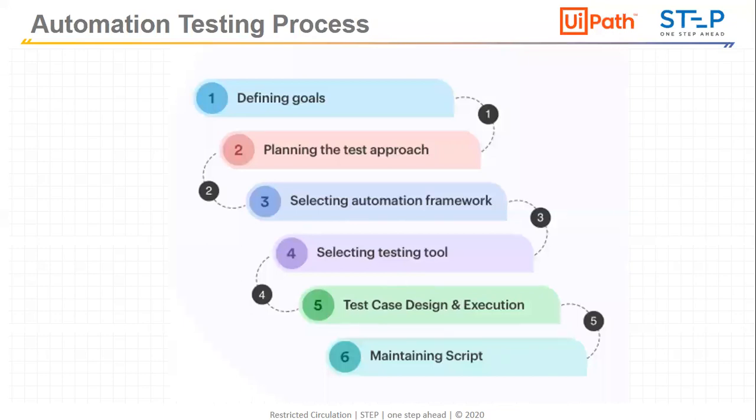Then we will see, depending upon our plan and our strategy, which framework we need to use. So in the case of UiPath Test Suite, we can use the normal data-driven framework type of thing, where we can take the inputs, define the output, define the test case results, everything. So such kinds of frameworks are the keyword driven framework or module driven framework. So we need to define that framework in our test automation framework, and we will be sure that after some time or after 2 to 3 phases, we are not going to change the framework.